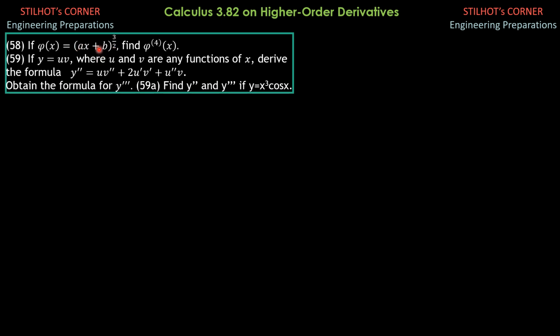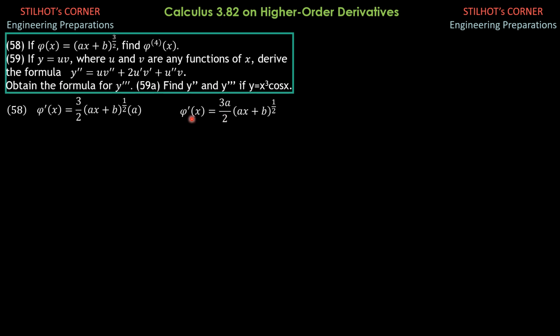Let's apply chain rule. So first derivative, P prime X is 3 halves quantity AX plus B to the 1 half times A. So it is by power formula. Power is 3 halves, so 3 halves. Then quantity, imagine this is U, AX plus B to the 3 halves minus 1, so 1 half. Then times derivative of AX plus B, which is A. So therefore, the first derivative by simplification is 3 halves A quantity AX plus B to the 1 half.